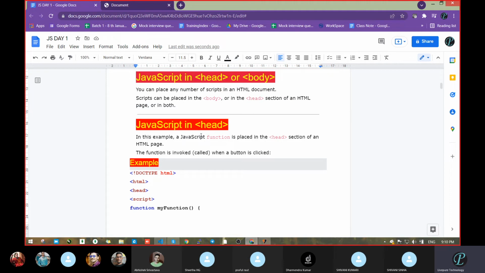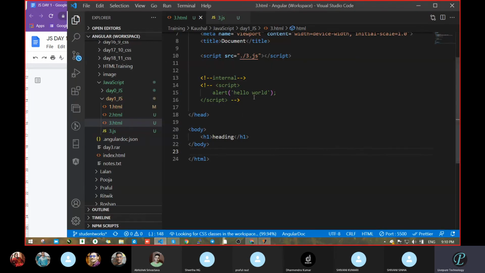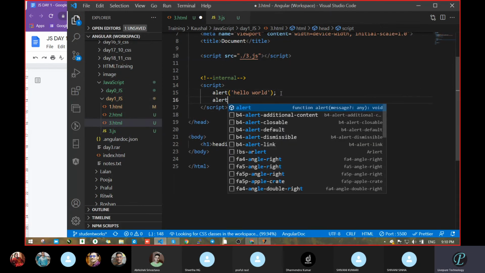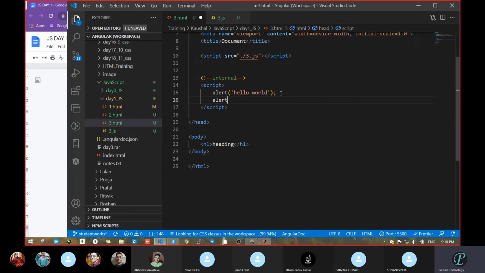It's not compulsory. Like now, it is written only one time. Fine. I want one more time. What are you thinking? Can we write the same line of code here or not? Let's do one thing. I will add one more alert. Okay, and see, this is just a sample example. We will get the examples one by one.